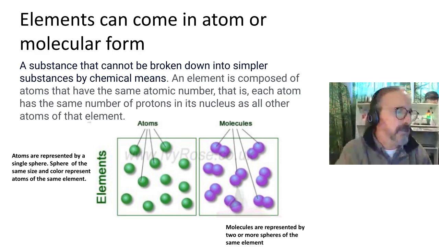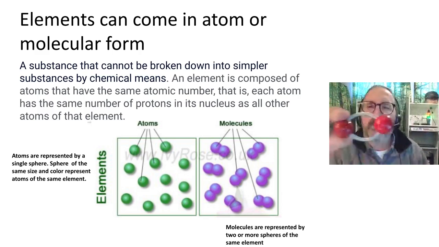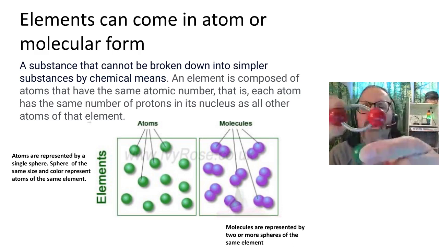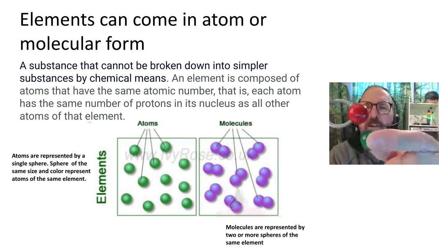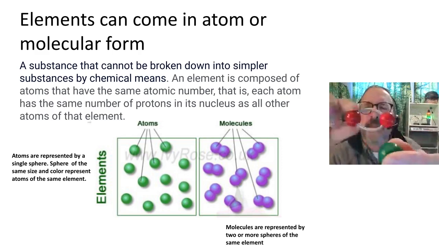But sometimes, like oxygen, it comes in a group. So this is two of the same color but bonded together. Those are called molecules. It's still an element because they're the same color connected to each other. This green is a different element altogether, and this is what we call a single atom. Sometimes elements can exist as single atoms, and sometimes they need to be connected to one another, but they're all